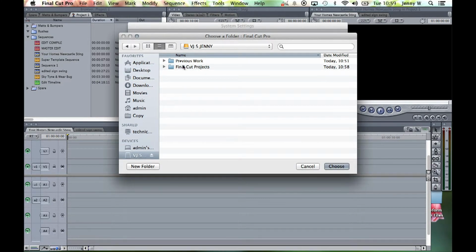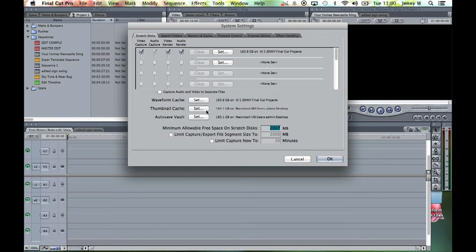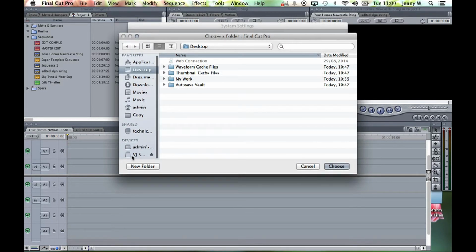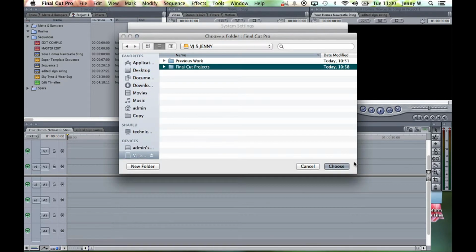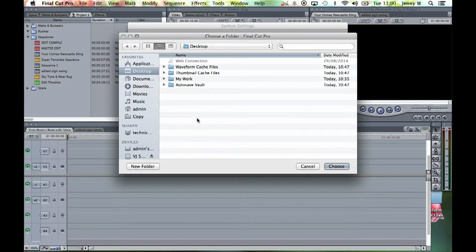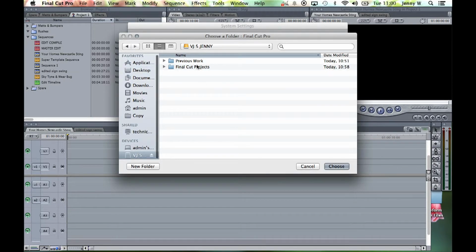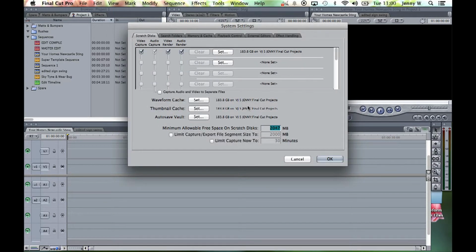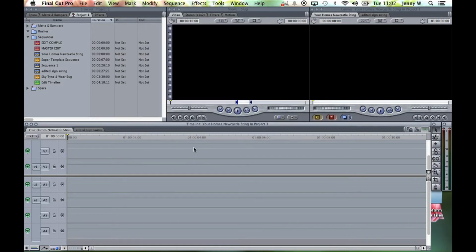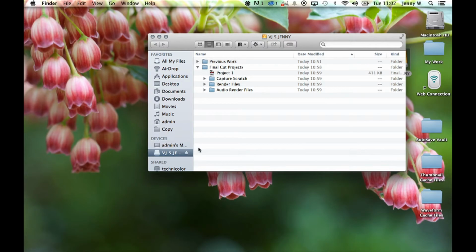Find your folder, Final Cut Projects, choose. The same again with the thumbnail cache. Find your folder, Final Cut Projects, choose, and the same again with this last one. So this is basically telling Final Cut where to save all the files that it's going to be creating while you're working on it, and they all need to be stored in the same place so that they don't become disconnected. Now that you've set all that to your folder, if you hide Final Cut again, so Command H, you